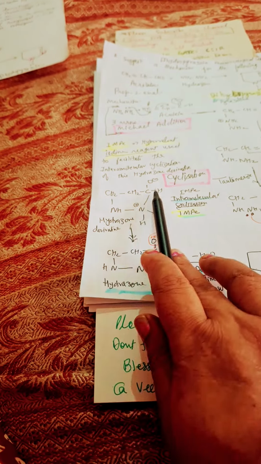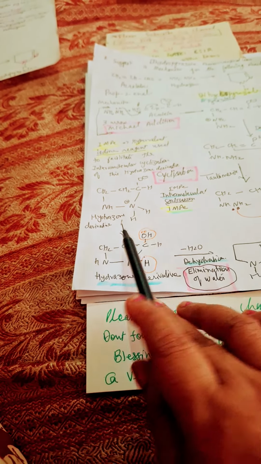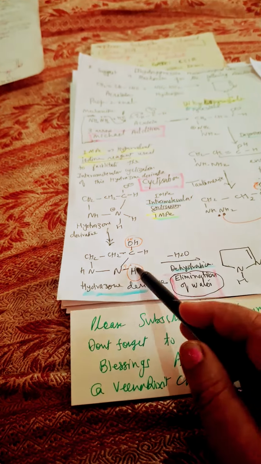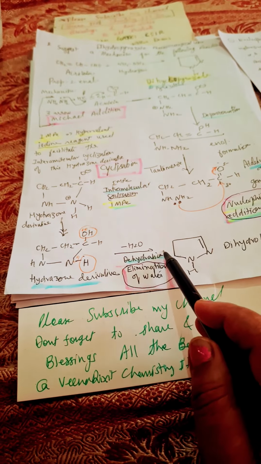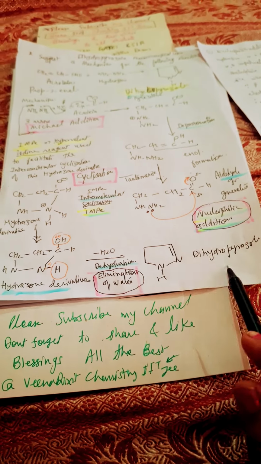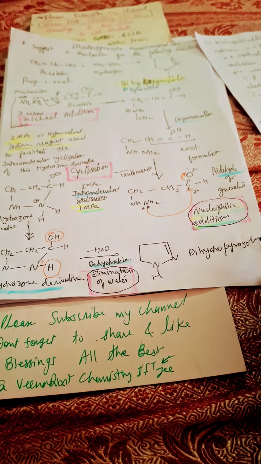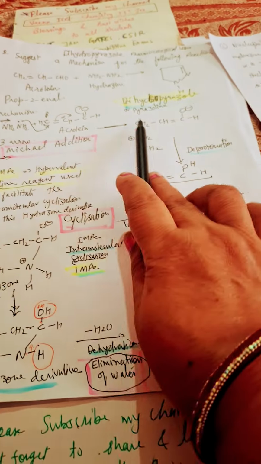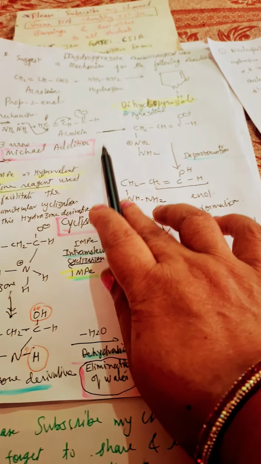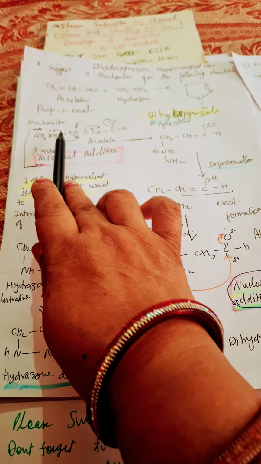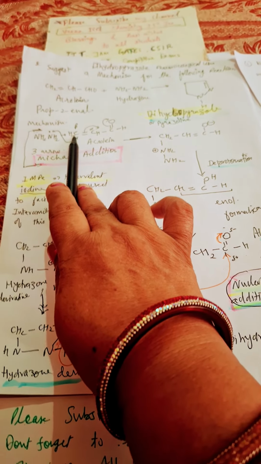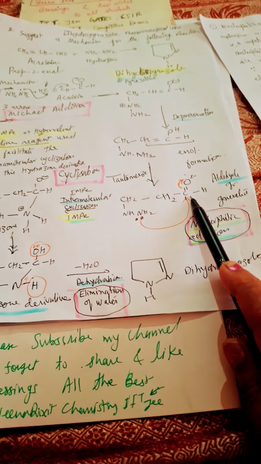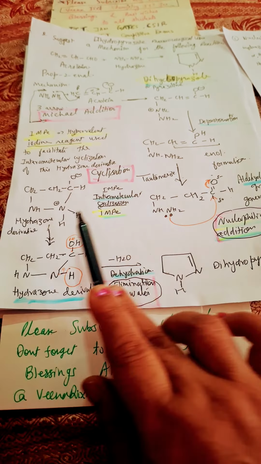Clear? And then we will get this structure, the hydrazine derivative, and OH and H will be near to each other, adjacent to each other, they will form water, dehydration takes place, and then we'll get dihydropyrazole. Okay, dihydropyrazole. So we started from Michael addition from here to here. In this, NH2 first added to this electrophilic carbon, and the second NH2 is added to the electrophilic carbonyl carbon. Clear? And then cyclization occurs, and